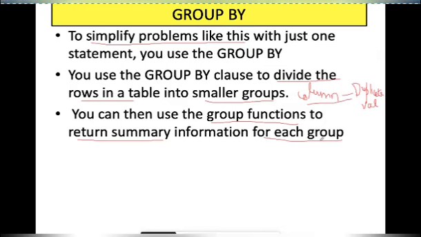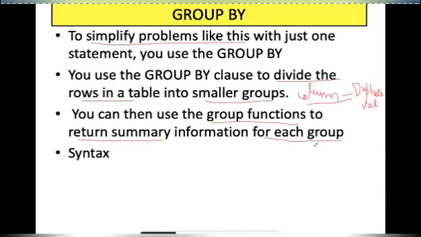When you use the group by clause for a table or with a where clause, it will apply on those filtered or selected rows. But in this, it will automatically group the data and apply the group function on each group separately and give you the output.